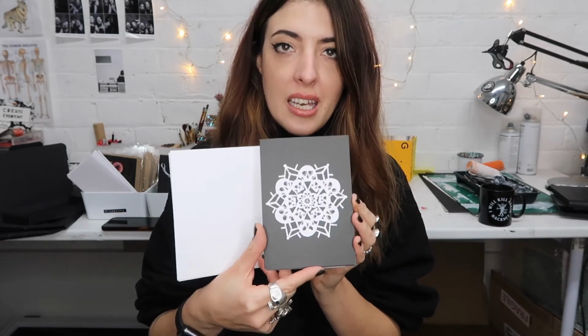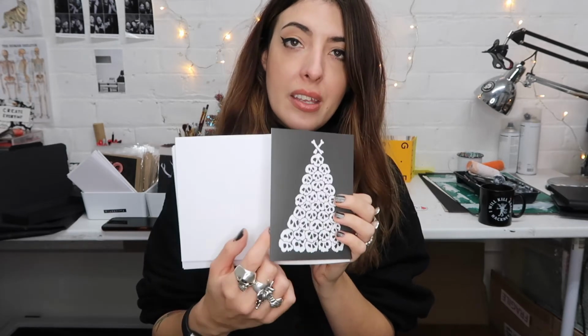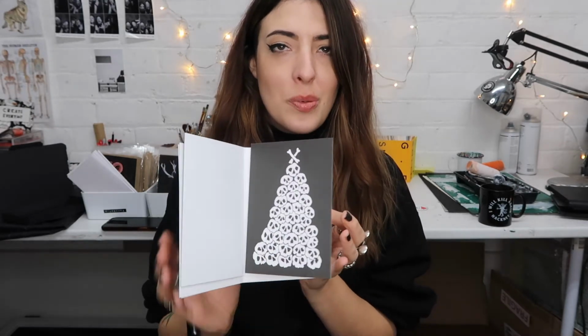This is a little skull flake, so like a snowflake but with skulls. And this is a skull tree. My friend Gemma suggested I do this one. This one is actually based off the catacombs in Paris, where all the skeletons are stacked on top